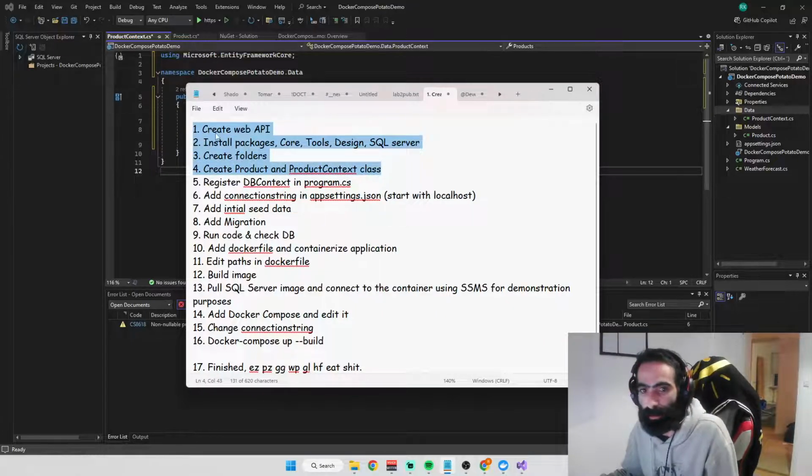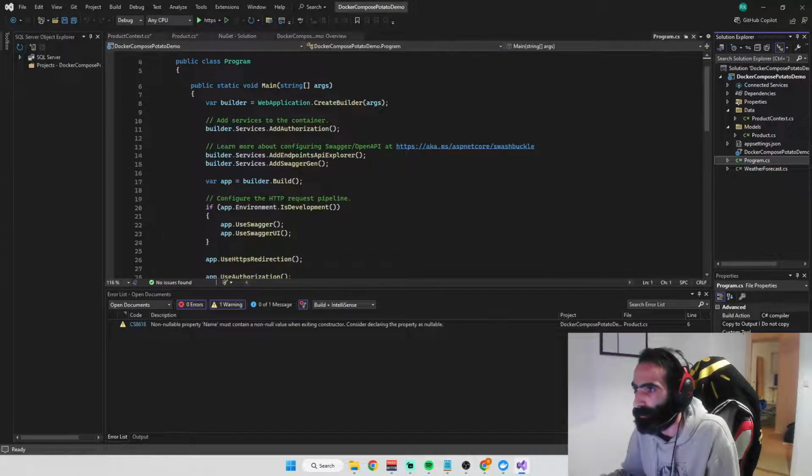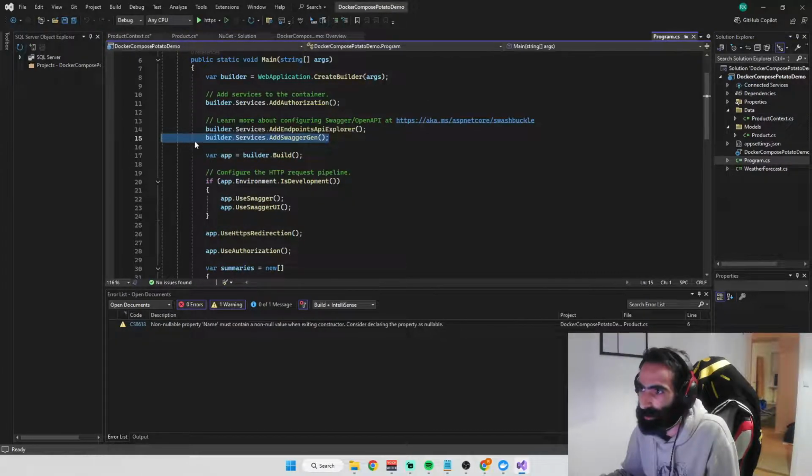Now, the next thing we need to do from here is register the DbContext in Program.cs and get the connection string. Now, I don't have a connection string set up right now, but I'll do it very soon. So we'll go to the Program.cs file. We can do it under the builder services, before the builder.Build. Here we'll do